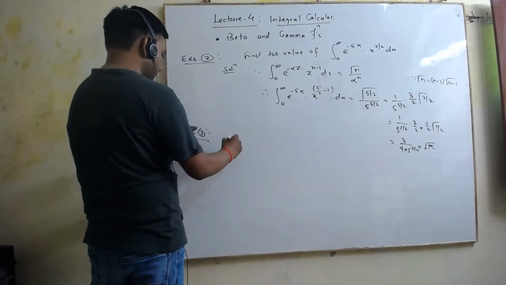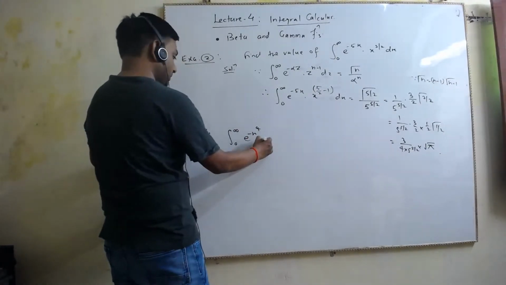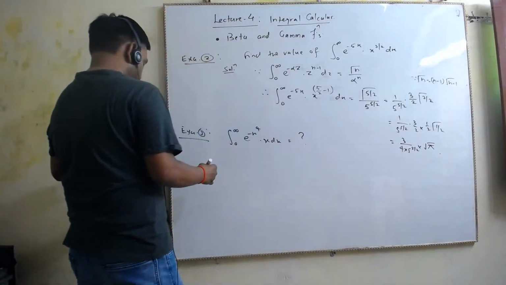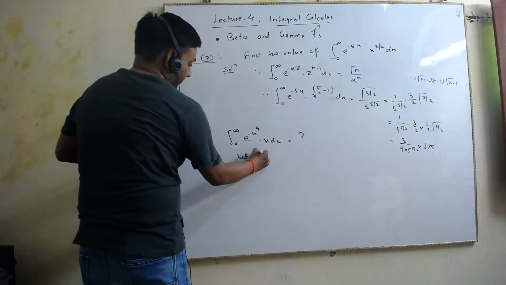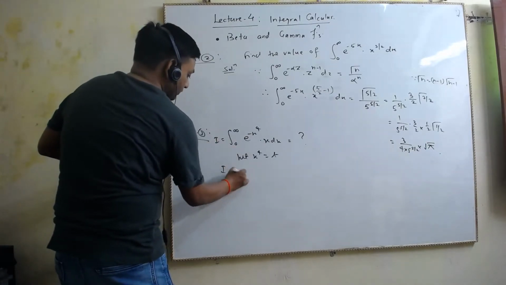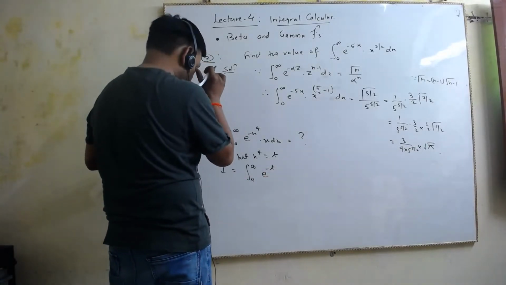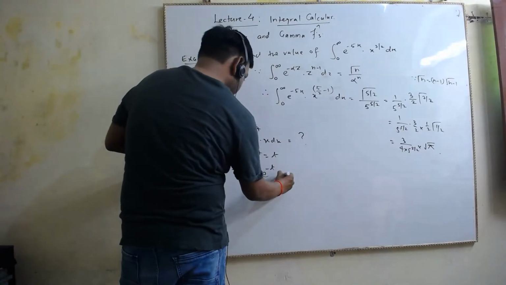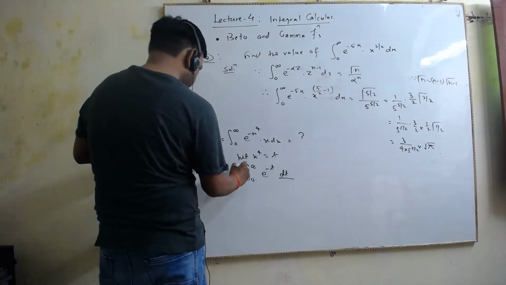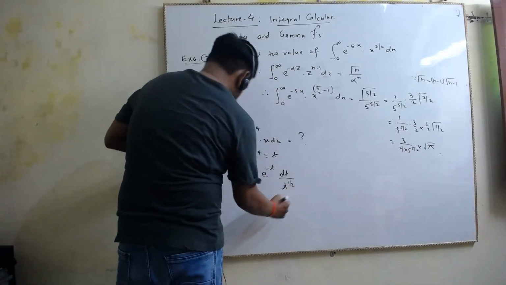The next question we can have, note down fast, please. The integral of e raised to the power minus x power 4 into x dx. Suppose that you want to calculate this. So let x power 4 be t. Let I equal this. So I will be the integral from 0 to infinity of e raised to the power minus t, and this will be dt over 4x square, so 1 by 4 goes outside, 0 to infinity, upon t power half.